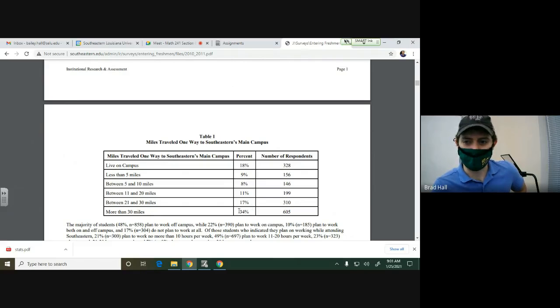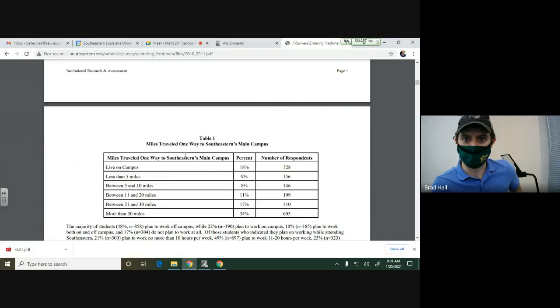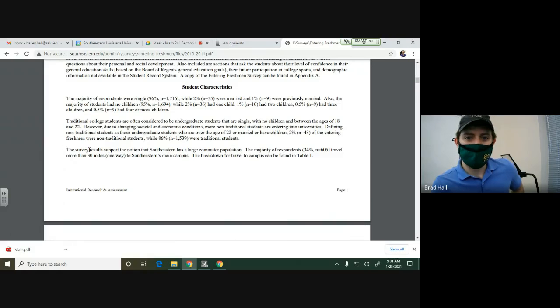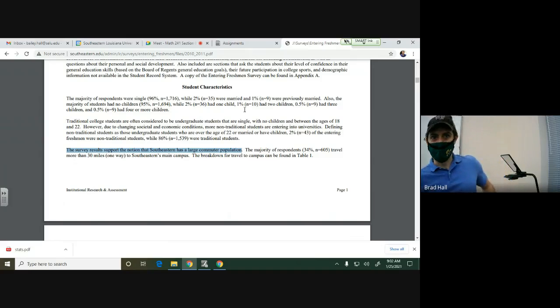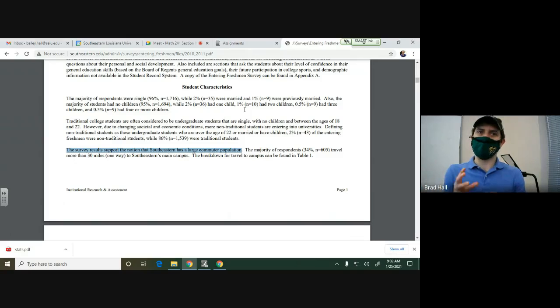Notice they took that percentage based off of the respondents relative to the incoming freshman group, and they say from that sample, this supports the notion that there's a large commuter population. Notice how these very simple introductory things we're talking about slowly play a part into things that are used,